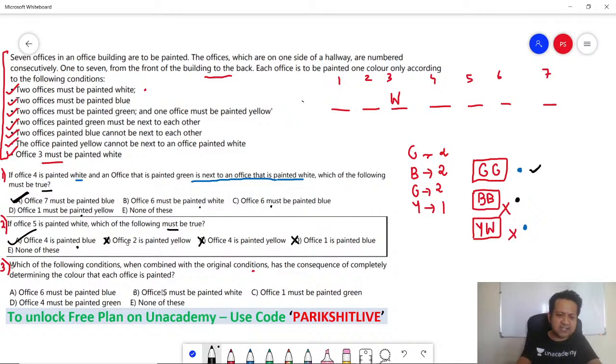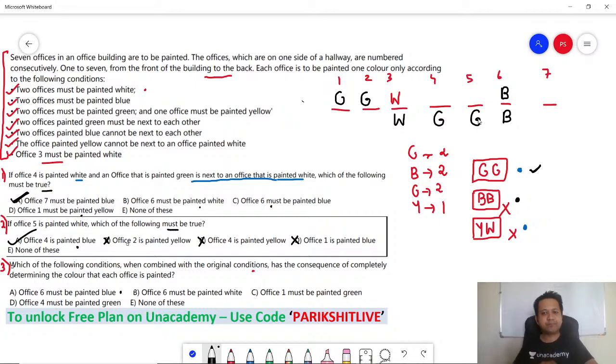Number 1, office 6 must be painted blue. Okay. If 6 is painted blue, what about the green? There are two possibilities. Green got to be together. So green, it can be like this, or in scenario 2, you have got green and green. It can be out here. Right? Next, what they say? Next they say yellow cannot be next to white. So if yellow cannot be next to white, remember the only possibility for yellow is at number 5 or at number 7. Or here also it can be at number 1 or at number 7.